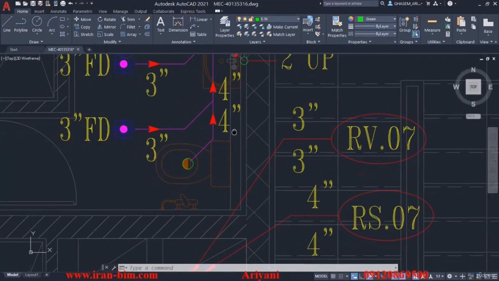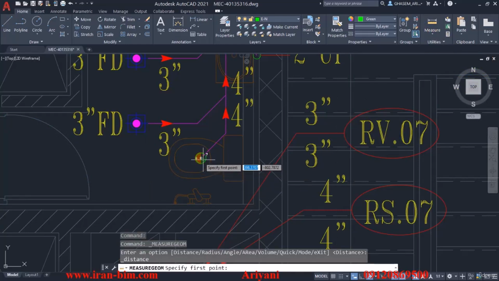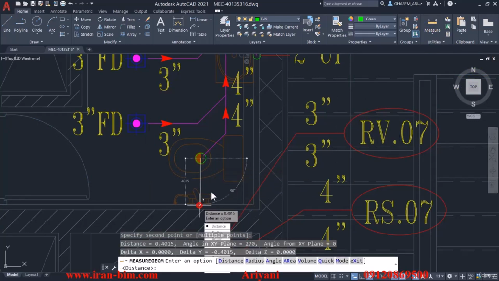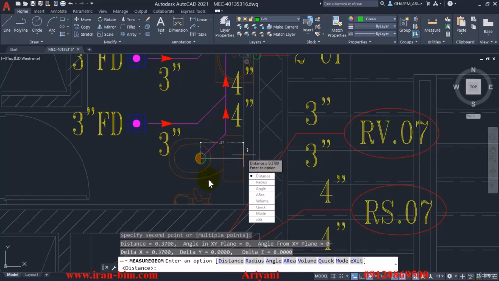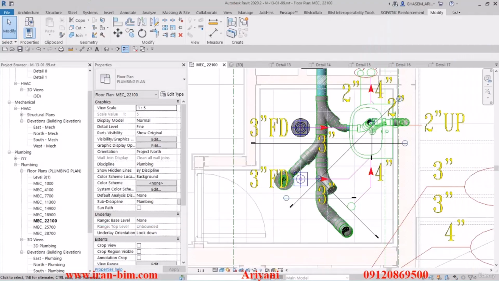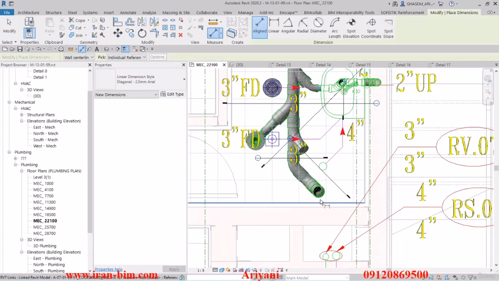And we can actually see that in the AutoCAD file, where we can go over here and select the distance tool, and then in the plan, we can see from the center of this to the edge, we have about 40 centimeters and then about 37 here. So we usually need about 35 and 45 for the spaces here to place the pieces inside of them. So we can place the same measurements in a Revit file as well. From here on the right and then on the part below the